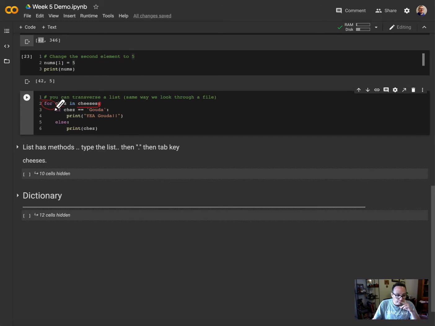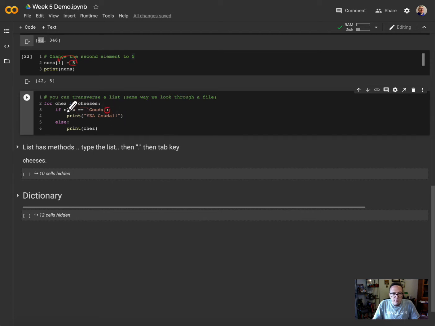So I can hit enter. I can just print out every item, print cheese, or I can do if statements. If cheese is equal to Gouda, print yay Gouda. Else, just print cheese. So with if-else statements, you notice here the if, the condition, and then using 2 equals. So is it equal to? Make sure you keep that syntax in mind. A single equals means to say, create, make this equal to this, whereas double equals is a comparison. If this is equal to this, so in this case Gouda,